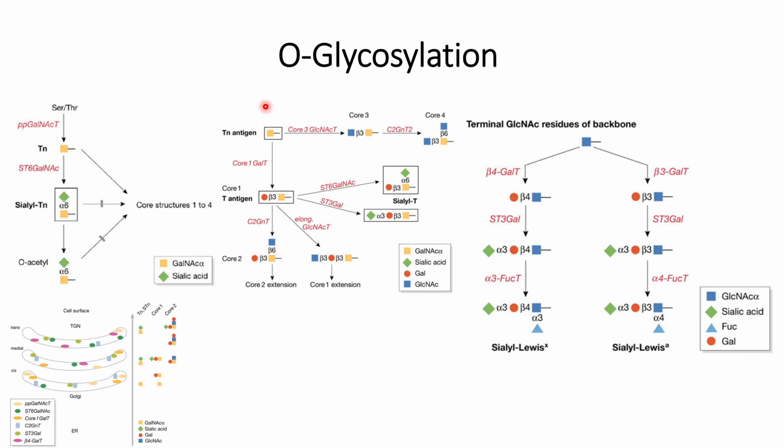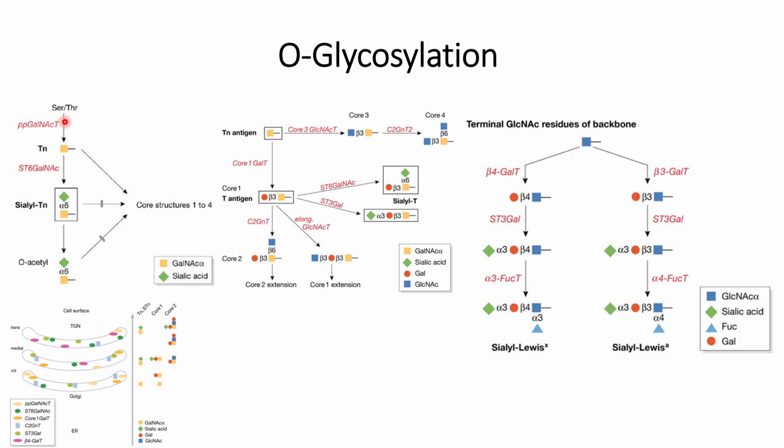In this video we will discuss O-Glycosylation. It is the post-translational modification that occurs in mammalian cells. Apart from O-Glycosylation, N-glycosylation will also occur, but in this video our focus will be on O-Glycosylation. So we will start with the Tn antigen, which is the first monosaccharide that is attached to the serine and